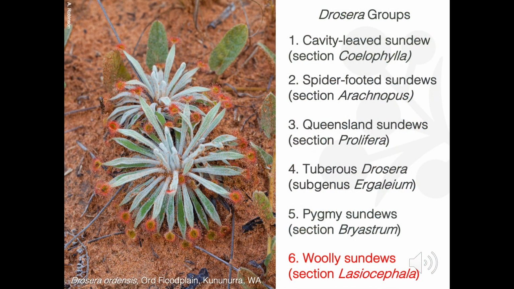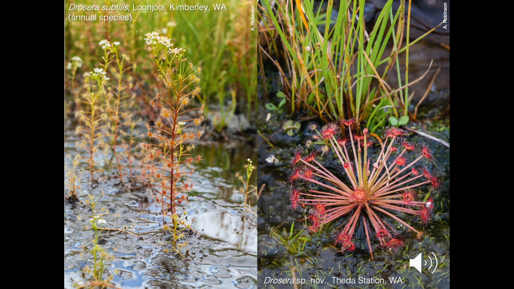The final Drosera group is the woolly sundews, a group of tropical, summer-dormant species from the savannas of northern Australia. This group of 15 species is adapted to hot, dry summers and hot, wet winters. As such, they tolerate both drought and fire, as well as the intense heat and fierce sunlight of the tropical north. Like the tuberous sundews, they come in a range of forms, including a few annuals, but most, especially the rosetted forms, are able to perennate from year to year.